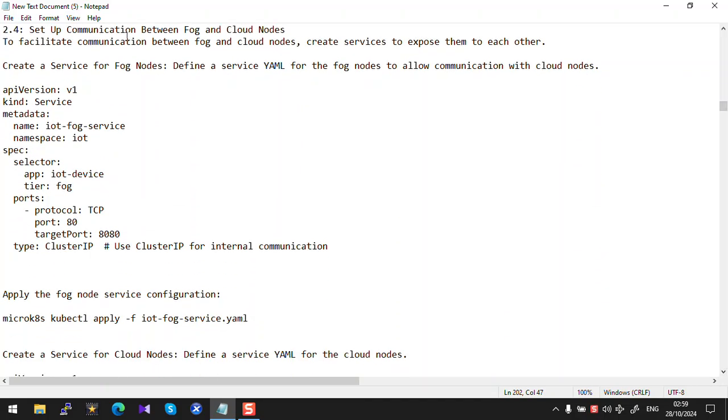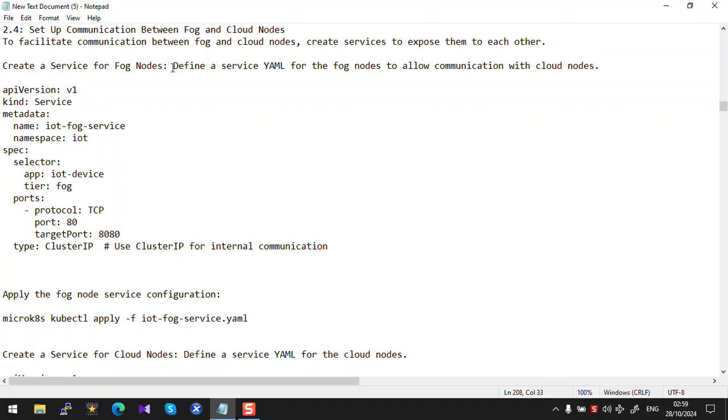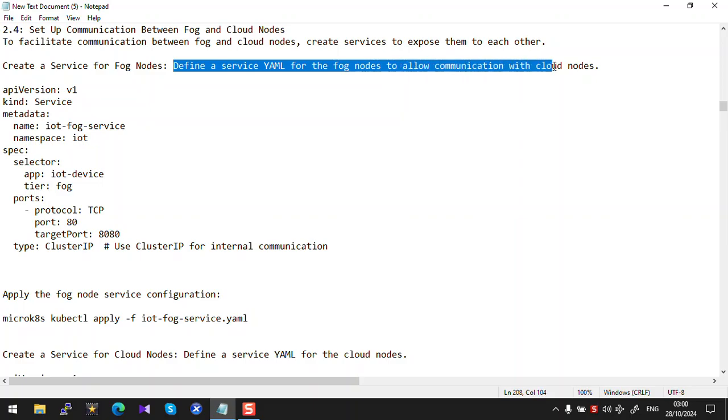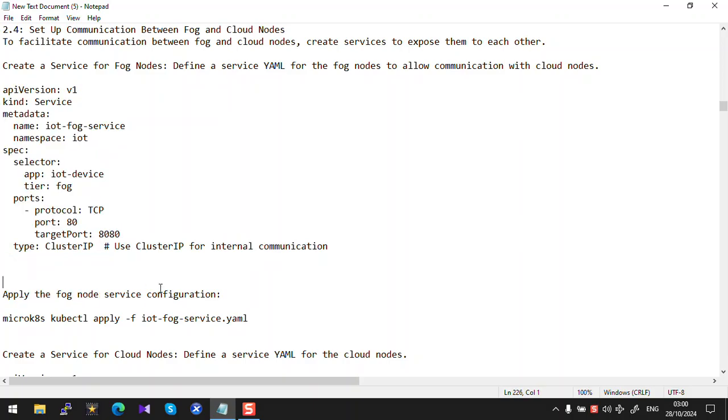Set up communication between fog and cloud nodes. To facilitate communication between fog and cloud nodes, create services to expose them to each other. Create a service for fog nodes. To create the service for fog nodes, define a service YAML for the fog nodes to allow communication with cloud nodes. With this script, and apply the fog node service configuration with this command. For applying IoT fog services,